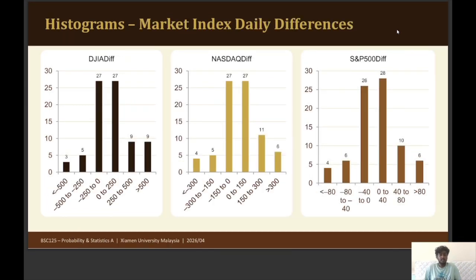In slide 9, for market indices, all three show positive mean differences: 15.87 for DJIA, 20.71 for Nasdaq, and 4.38 for S&P 500. Deviations are enormous. DJIA's daily difference had a standard deviation of 449 points. The maximum gain was 1,325 points, while the biggest drop was minus 870 points, which confirms the January to April 2026 period was exceptionally turbulent.